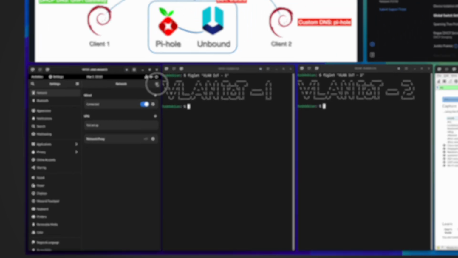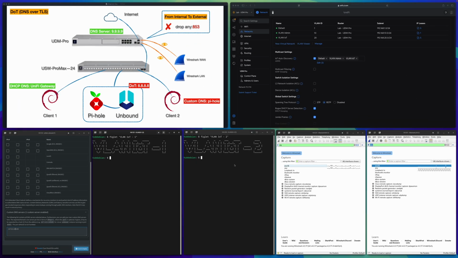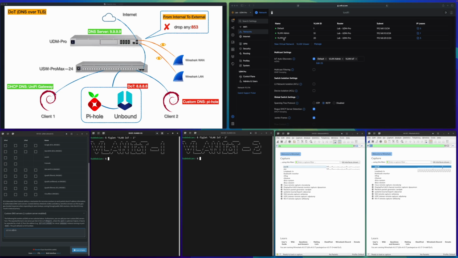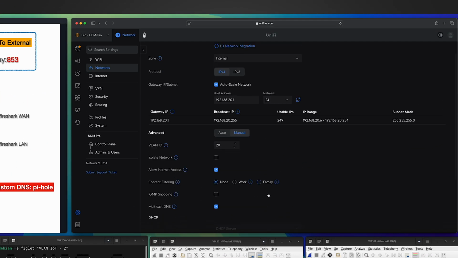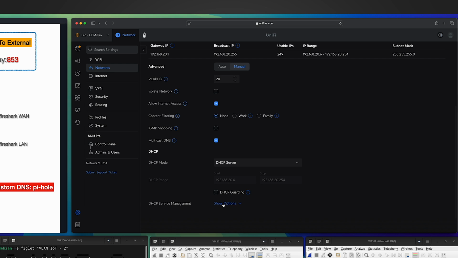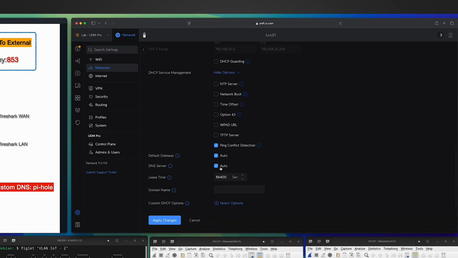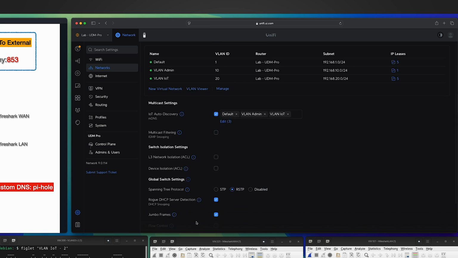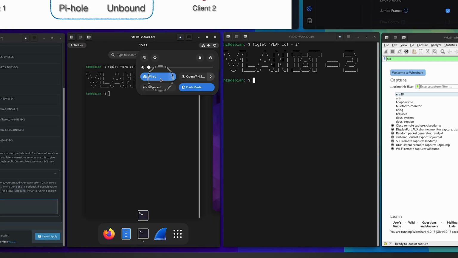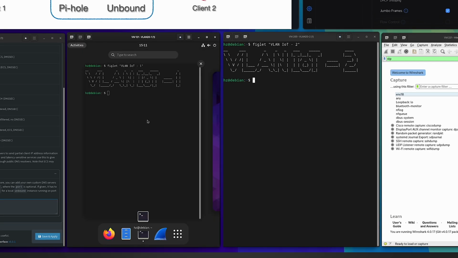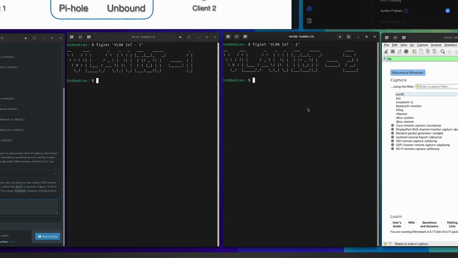Now it's effective. Then for IoT client 1 and IoT client 2, remember we changed the VLAN 20 setup in the previous scenario, right? So for this scenario, let me change it back. In the network controller for VLAN 20, let me go to the DHCP service management. For DNS, let me change it back to auto, which means it will point to the gateway automatically. Then from IoT client 1, let me quickly refresh the DHCP setting, and for client 2, let me go